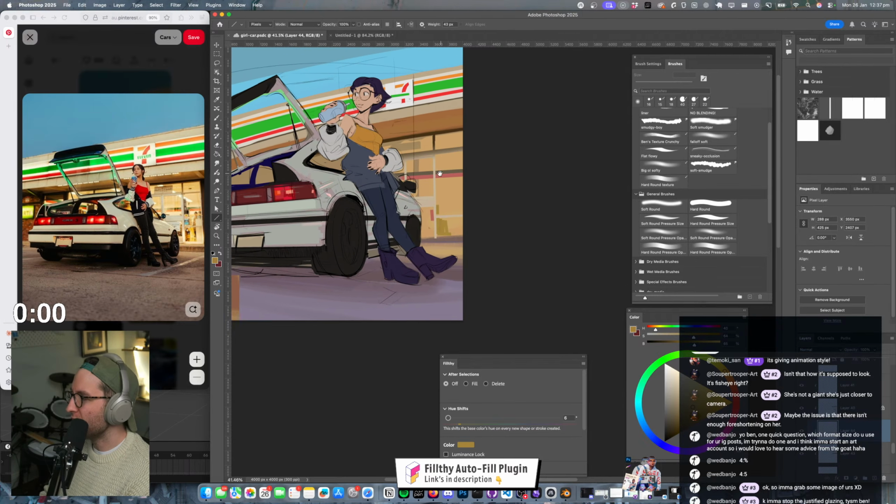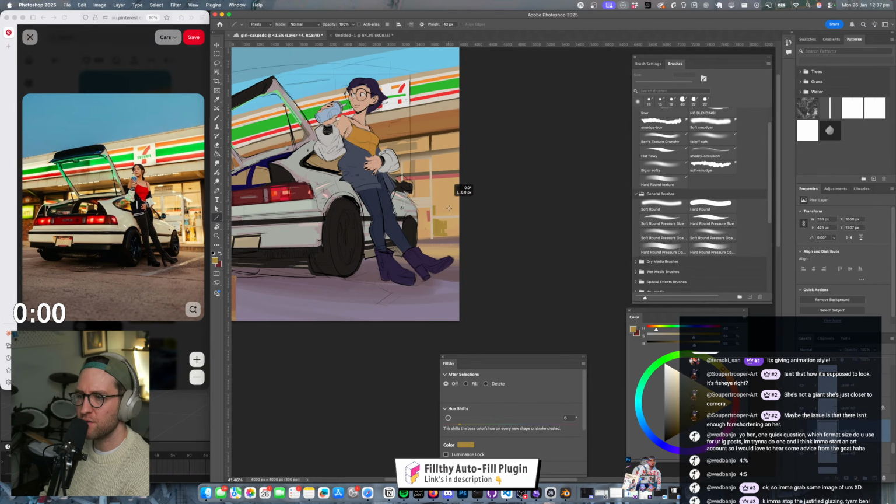Notice we haven't touched any layer modes. This is all just pure pixels.